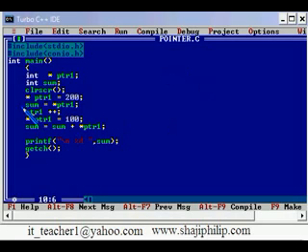Again I am incrementing the ptr1. See, I haven't used star ptr plus plus. If you are using star ptr plus plus, that means we are going to increment the value pointed by pointer ptr1. So let us run and see this.